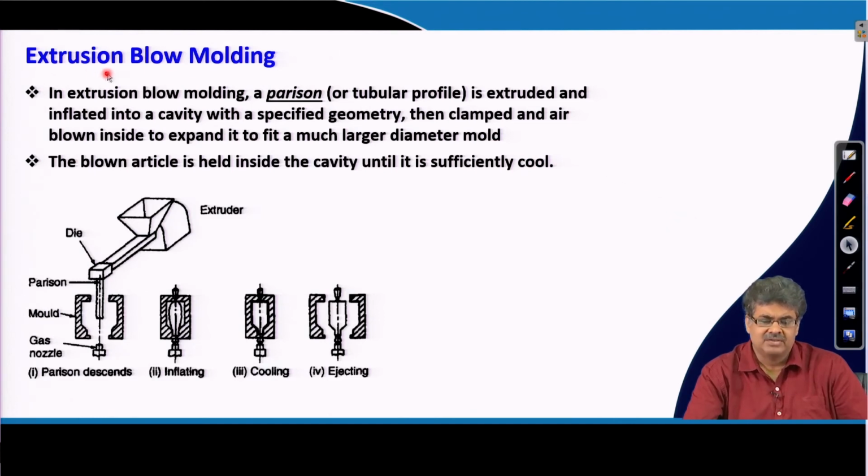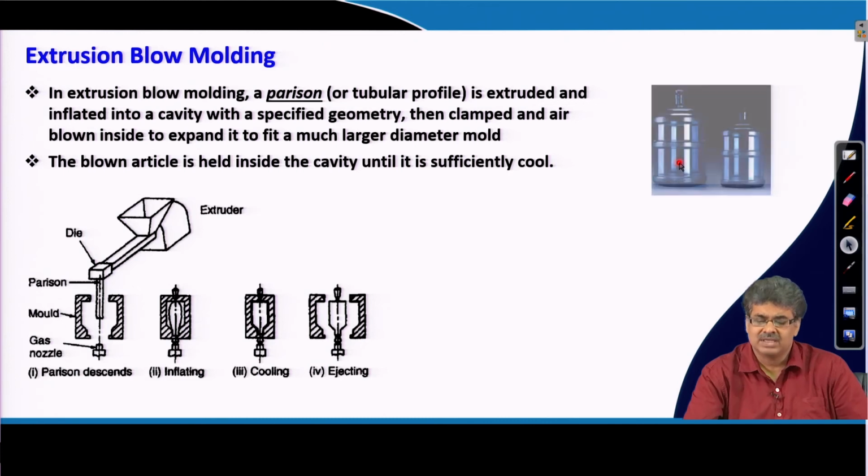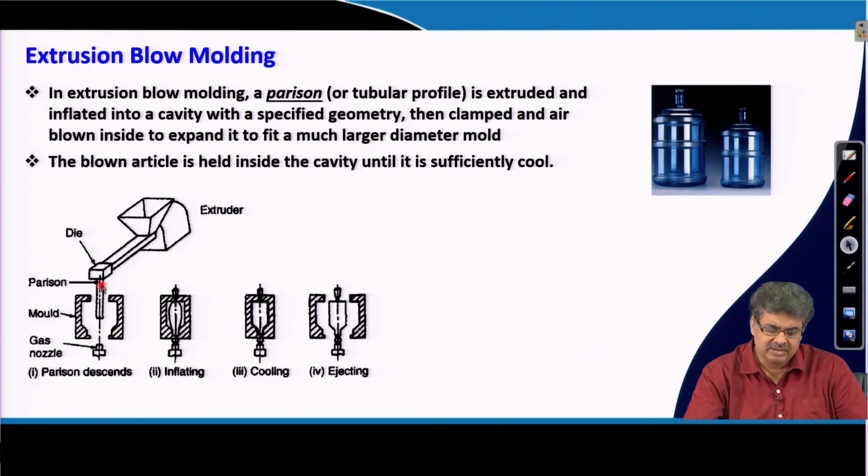Next, we will talk about extrusion blow molding. In this case, hollow products are generally produced, like this water storage bottle, and what is done is that a parison, which is a tubular profile, is extruded using an extruder, and then it is placed in a cavity where it is inflated using an inert gas, and once the inflation is complete, it basically covers the entire shape